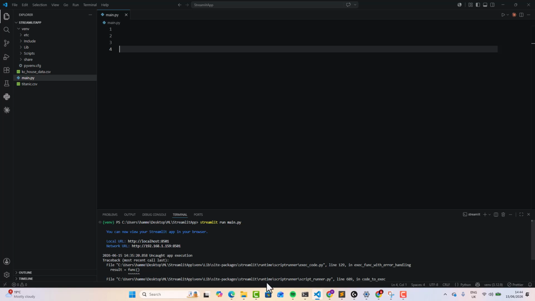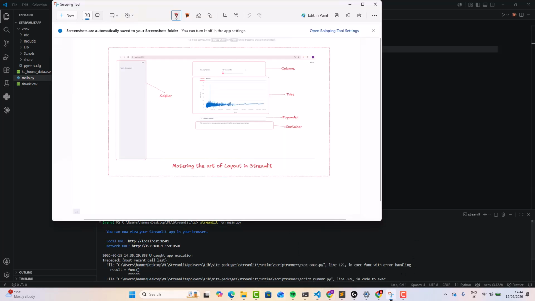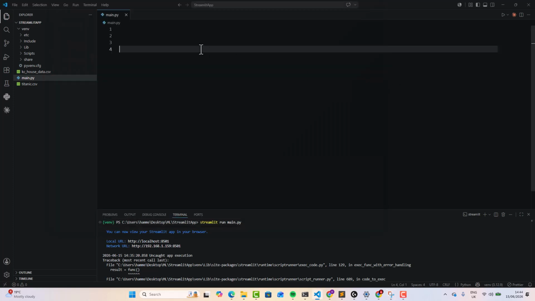So what we're going to do today, let me just show you the snippet of what we're building. It's going to look like this, where we will be able to navigate through our content by using a sidebar, columns, tabs, expander, and container. In fact, before I even proceed, I would like to dive into what we're going to do by highlighting it